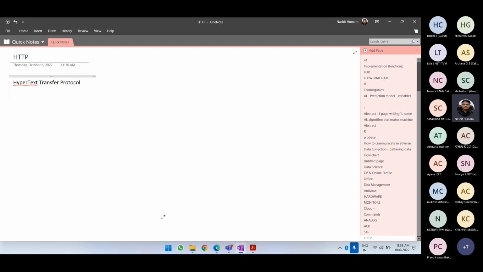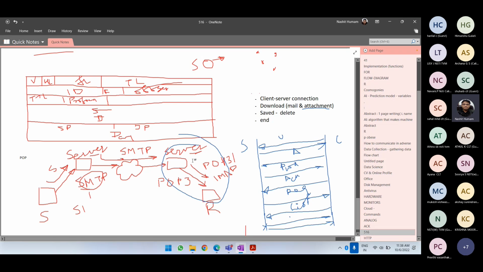Or let us, before moving on to HTTP, let us discuss the SMTP, since we started